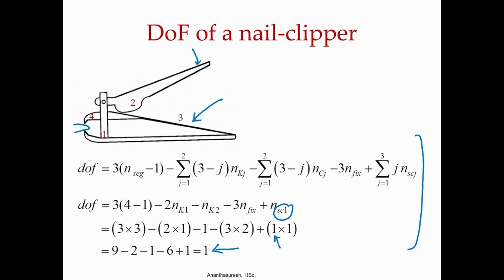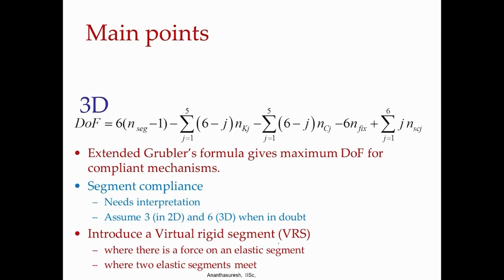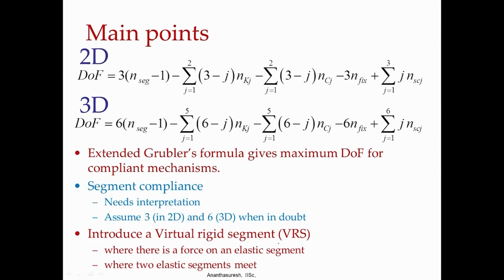Okay. So, that segment compliance, that comes with practice. When you try various examples, you can use the correct segment compliance, but when in doubt, take the full one. In 2D it is 3, in 3D it is 6, and then try to interpret in what ways the elastic segment is deforming. So, the main point is that both in 2D and 3D we have a formula which gives you again the maximum degrees of freedom